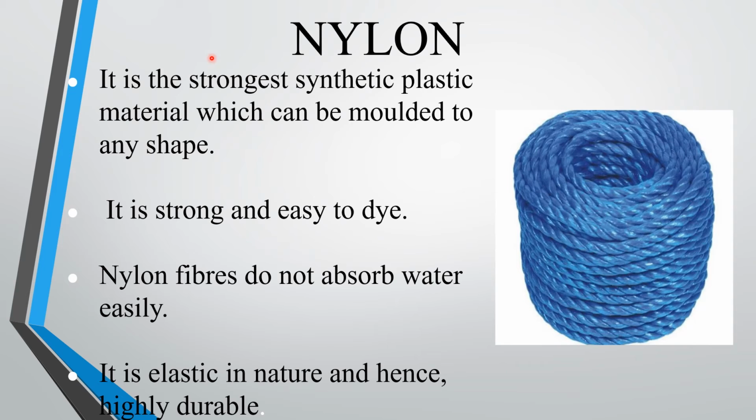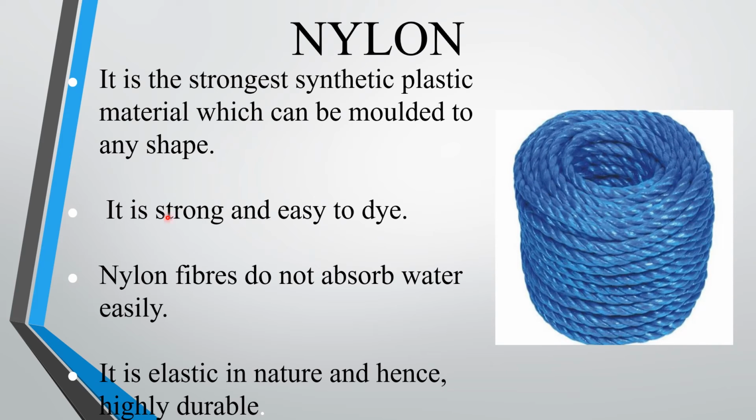Thus, it has derived its name as nylon, where NY stands for New York and LON stands for London. And it is the strongest synthetic plastic material which can be molded into any shape, and hence we call it a thermoplastic